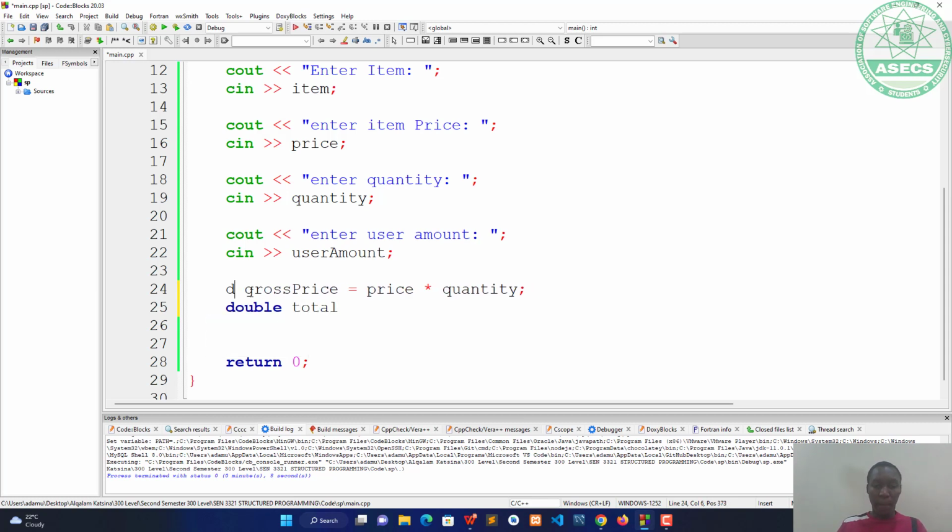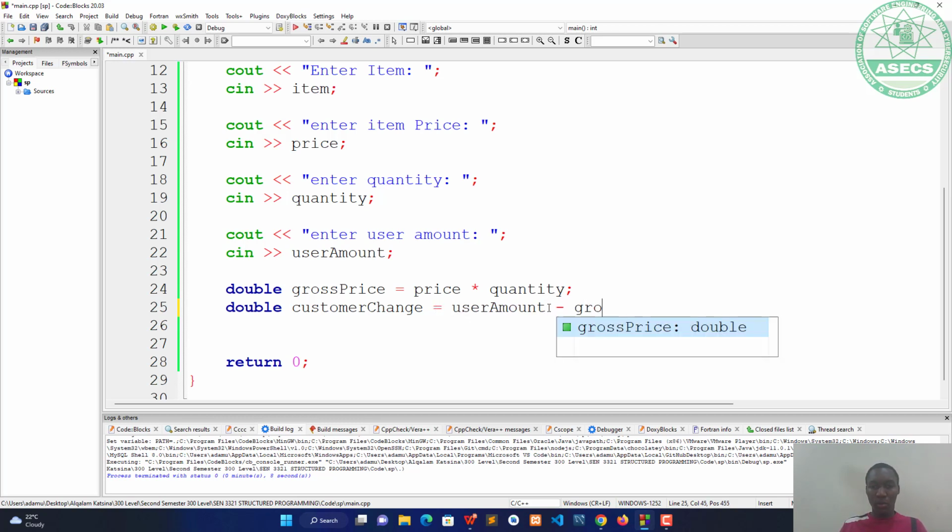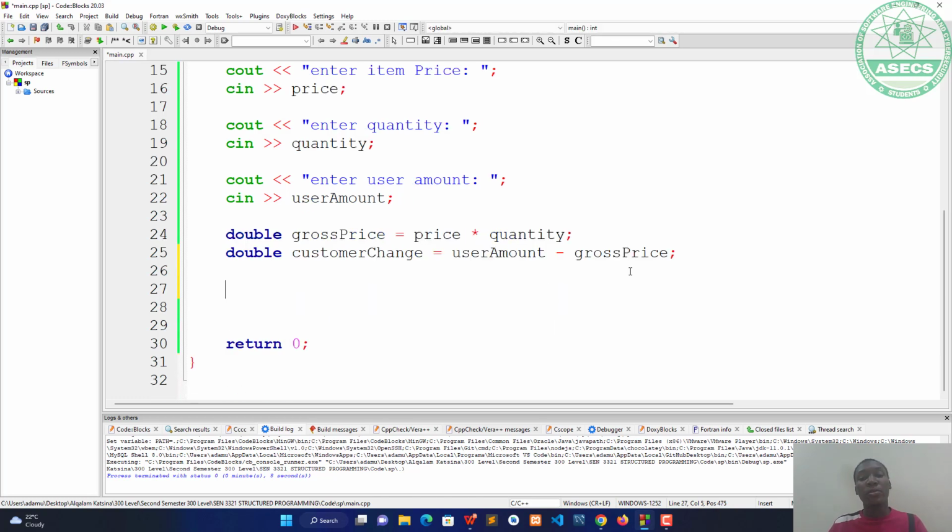This should also be double because we get decimal points. Alright, so total equals the total that he will pay. Here we want to check whether there is change or not. So customer change, the program is created so we can check whether there is change. So we say what? The amount the customer paid, which is what? User amount. Sorry, user amount minus what? Minus this gross price. So it should be what? We should just cout